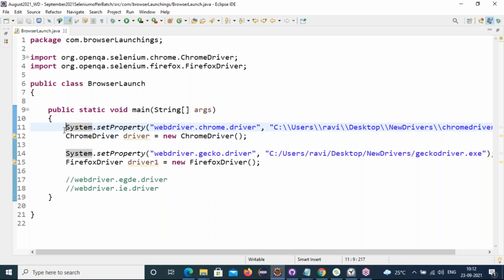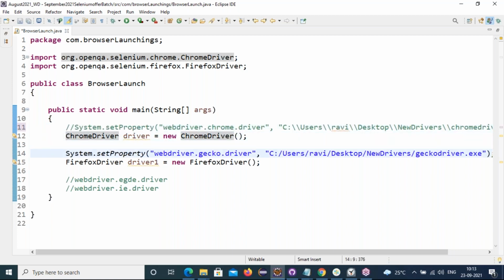But my WebDriver Manager is a monarch. It will take care of everything. If any browser version changes, it will take care. Whichever browser has updated, my WebDriver Manager will check what version of Chrome is in my computer, and the drivers supported for that Chrome version will be loaded automatically by WebDriver Manager. Now I will be talking about WebDriver Manager.